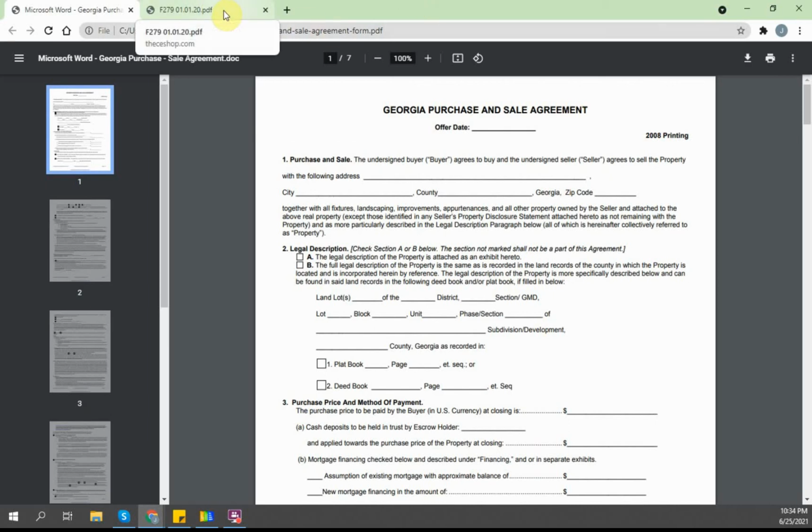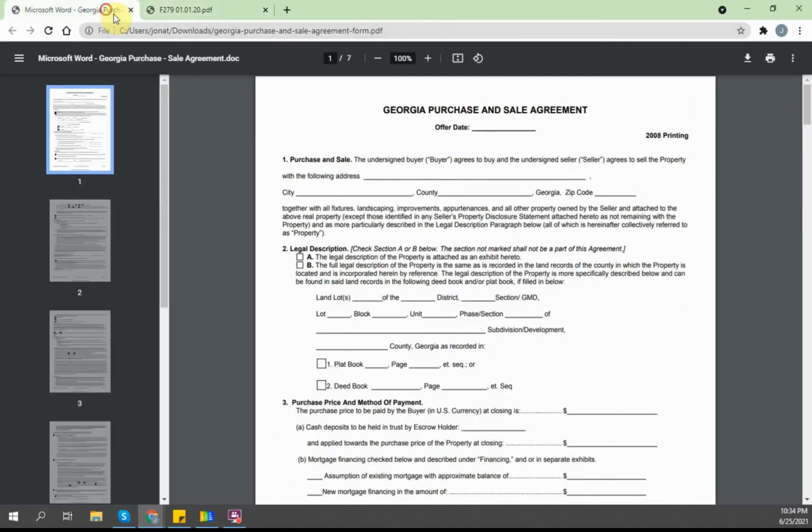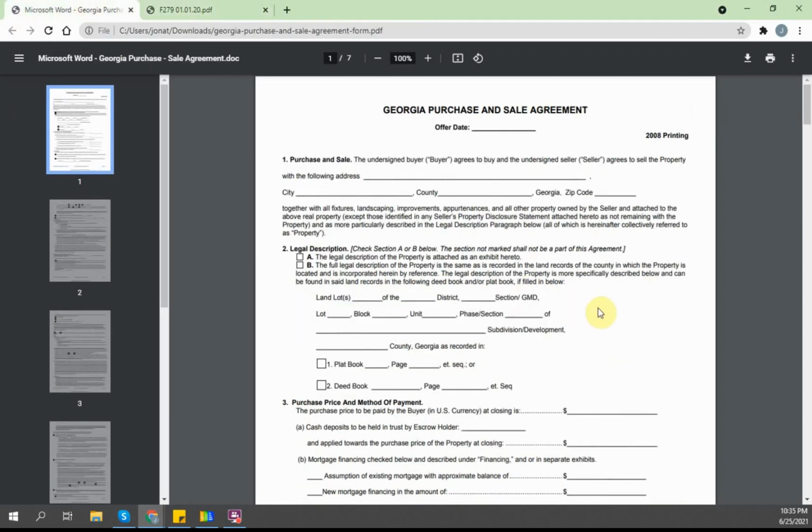Anyway, this is where real estate comes in. Once you sign this contract with the seller, you're able to market the property to buyers. Once you find a buyer who will buy your property, you're able to assign this contract via assignment. An assignment contract. You see it says assignment of purchase and sale agreement. This contract is meant to assign the rights that you have as a buyer under this contract. So the person that signs this contract with you will step in as the buyer for the property under this contract.